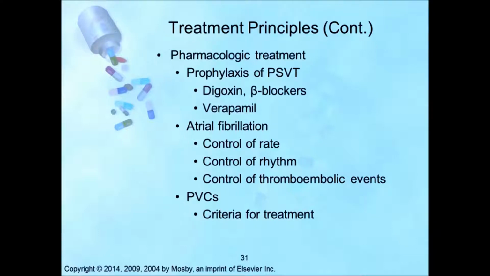So for pharmacological treatment of paroxysmal supraventricular tachycardia, these drugs are for prophylaxis of PSVT, usually involving digoxin or beta blockers. Verapamil is often a second choice. These medications also may be used in combination. It must be remembered that verapamil increases digoxin serum levels, so you need to be very cautious if the patient is on this medication. If the patient has significant heart disease, he or she may require a class 1A, 1C, or 3 drug.